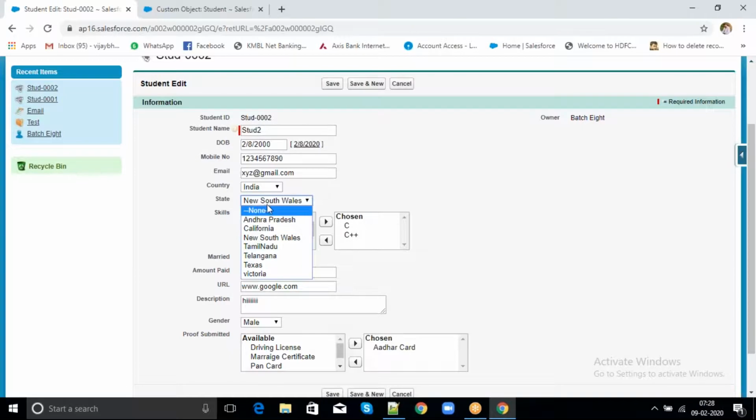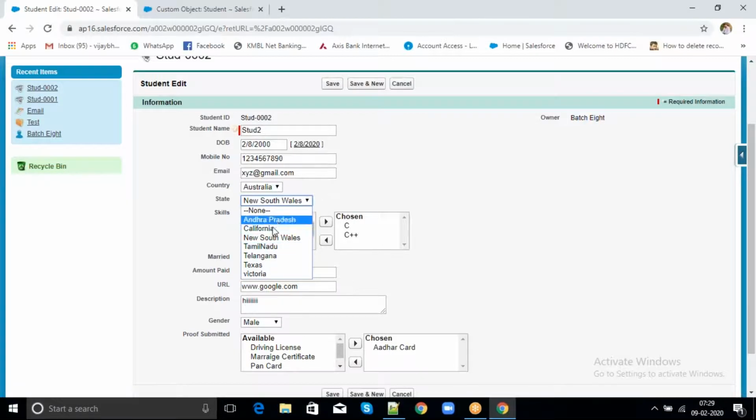If I select US, then I want to display California and Texas. And if I select Australia, then I want to display New South Wales and Victoria. Based on the selection of the country, the related states should be displayed.